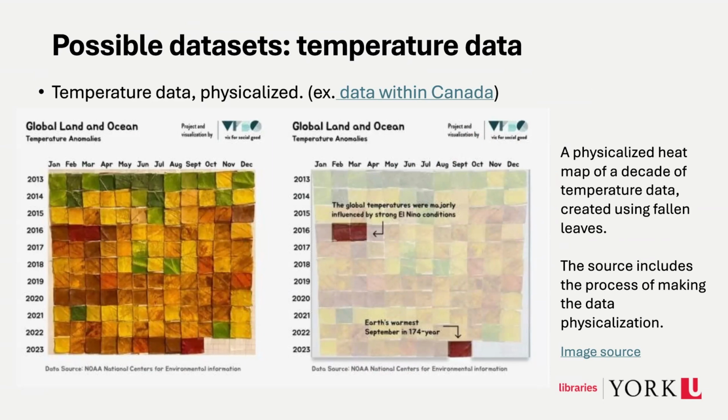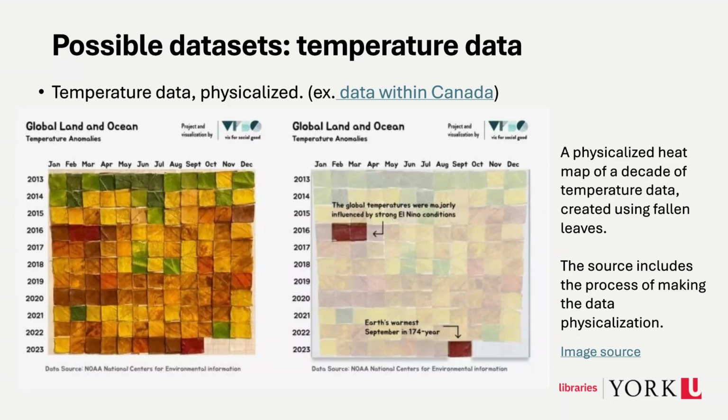One can also be inspired by a lot of the temperature data physicalizations that exist out there. So a good example of data physicalization that's become quite popular is the idea of taking our temperatures as it changes over time. Sometimes it's like this, where we can visualize a whole decade's worth of data. Sometimes it's on a day-by-day basis. So you add, say, one row to your crocheted blanket to represent that day's temperature. But in this case, it's doing a retrospective, looking from January 2013 to December 2023, or well, maybe September 2023,